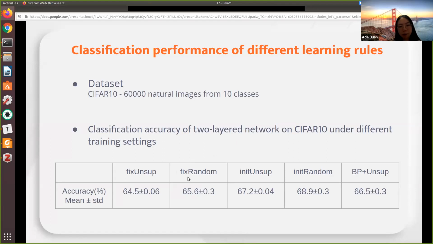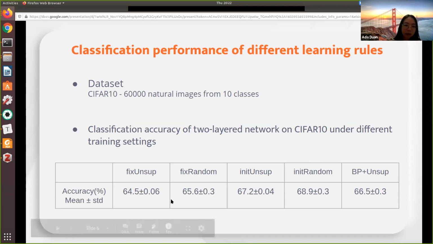And fixed random is we fix the first layer randomly and train the second layer. And similarly, innate unsup is we initialize from unsupervised learned kernels and then train the two layers end-to-end. And innate random is when we initialize the first layer from random, which is the standard backpropagation setting, and the BP plus unsup is the combined learning rule.